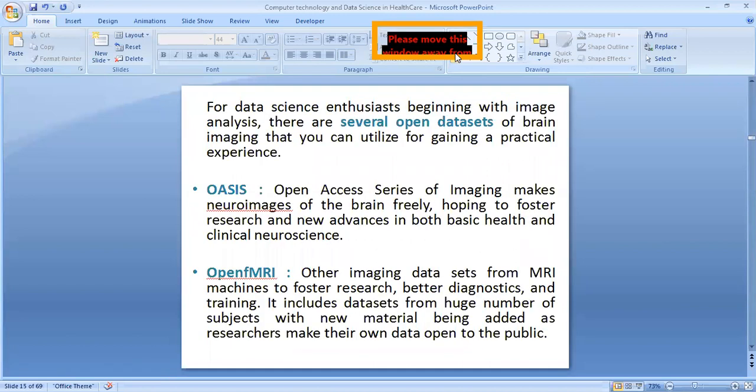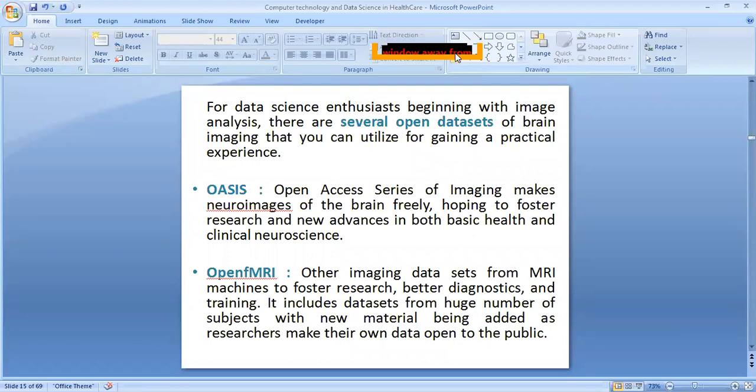So there are several open data sets. Those who are into research, when they are searching for a data set, I hope they would agree with me. Finding an appropriate data set suiting their research is very, very time consuming, or it won't be easily available to you. But today the scenario is very different, especially after big data and data science. We have several open source and some paid data sets. A few I have listed here.